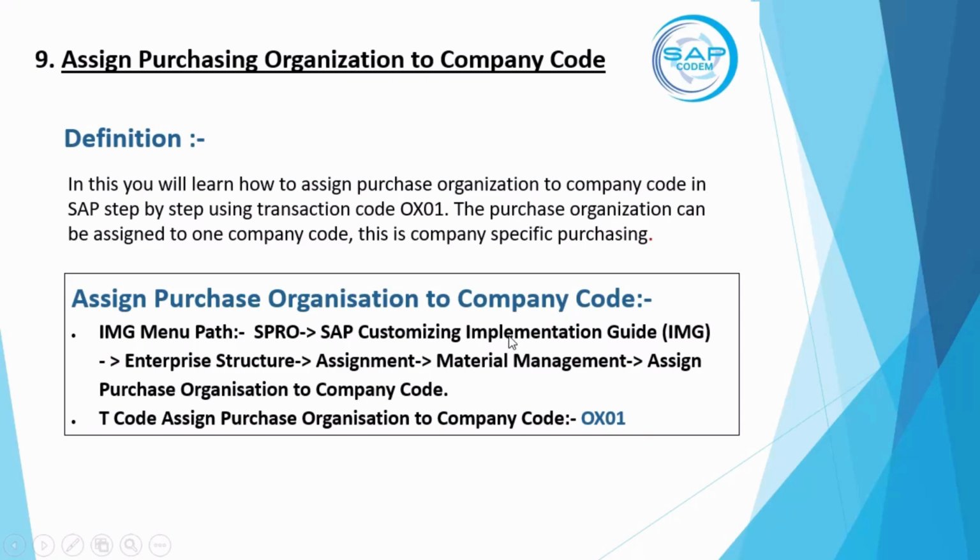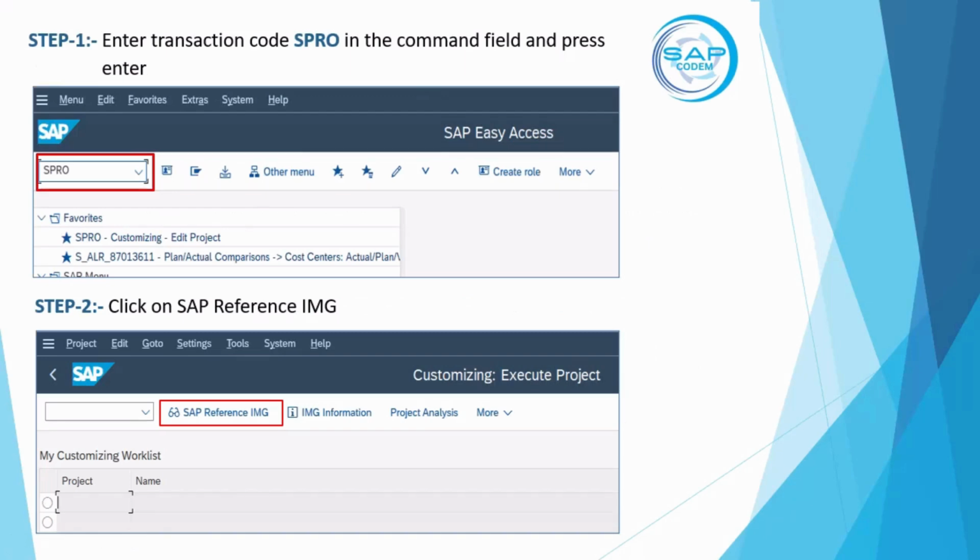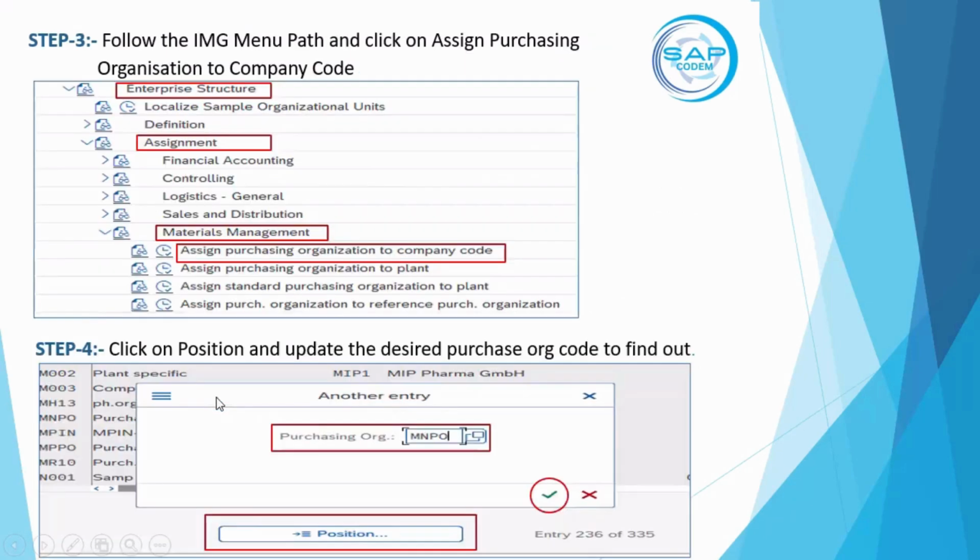Then you have to assign the purchasing organization to the company code. So now we have to map it: this purchasing organization belongs to which company? Two ways again. We are following the standard SPRO. Just go to the implementation guide. You see enterprise structure, assignment. Go to the assignment node,